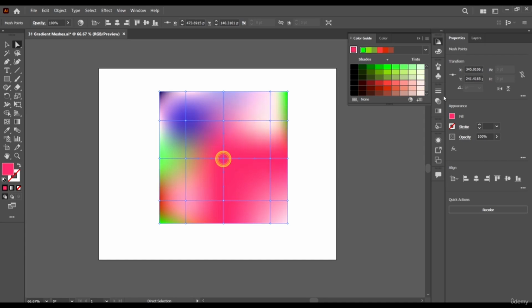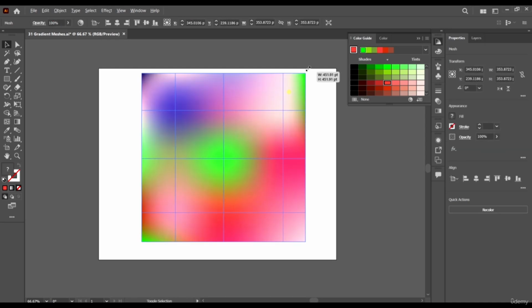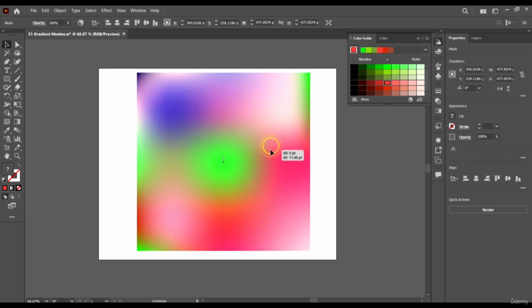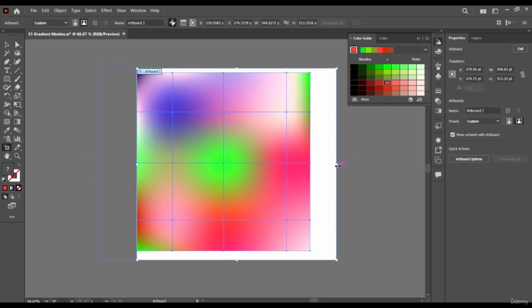As you can see, I am already creating an interesting background. This is one of the uses of gradient meshes. We could just have a background like this, maybe select the artboard tool and crop out our artboard to fit our background.